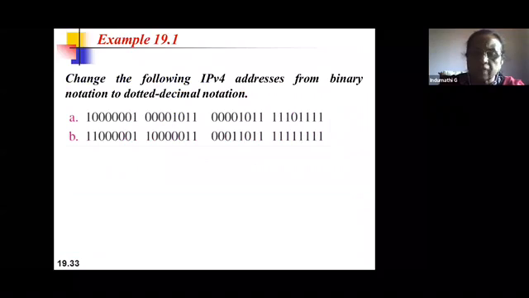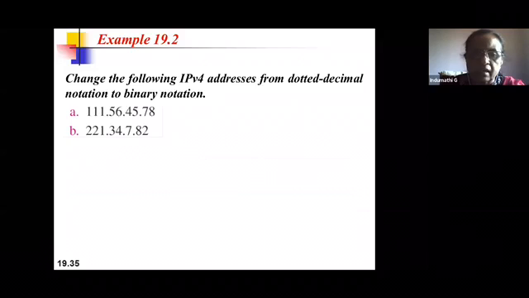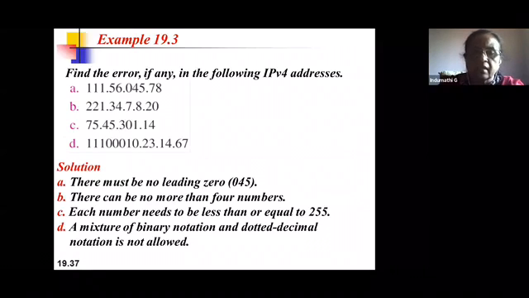We have seen some examples of how we convert binary to dotted decimal notation, a few examples in our last class, and also binary to dotted decimal and the reverse. In this example, we have also seen how an IPv4 address has to be represented. That means in the four parts of the IPv4 address, there should not be any leading zero. Case A has a leading zero in the third part, and hence it is not accepted, which is not the standard way of representing an IPv4 address.